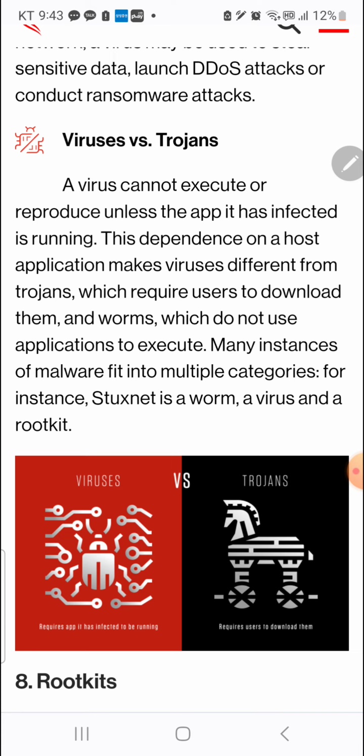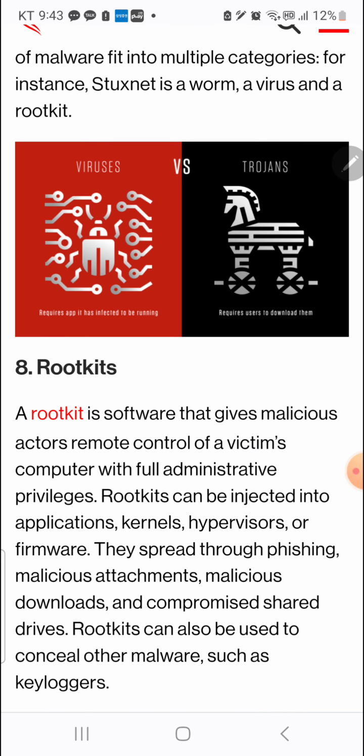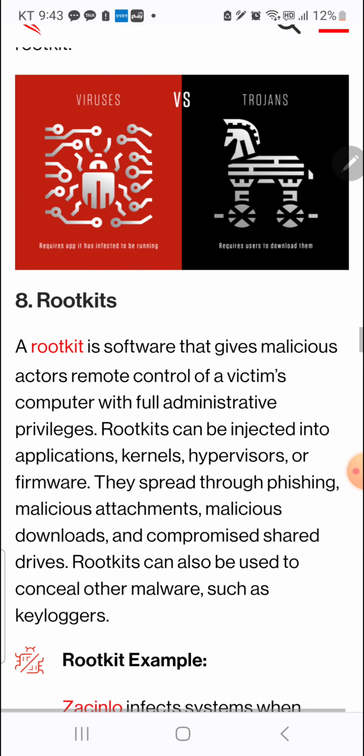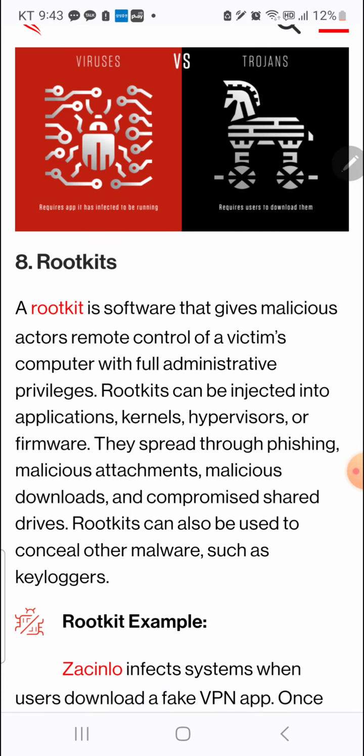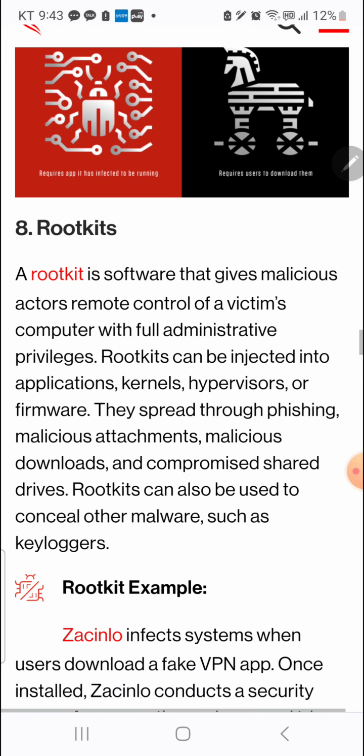Many instances of malware fit into multiple categories. For instance, Stuxnet is a worm, a virus, and a rootkit. 8. Rootkits. A rootkit is software that gives malicious actors remote control of a victim's computer with full administrative privileges.